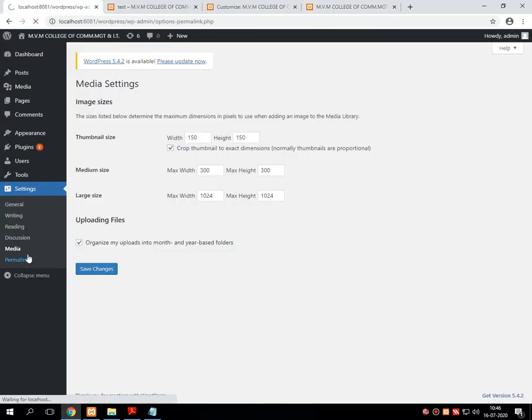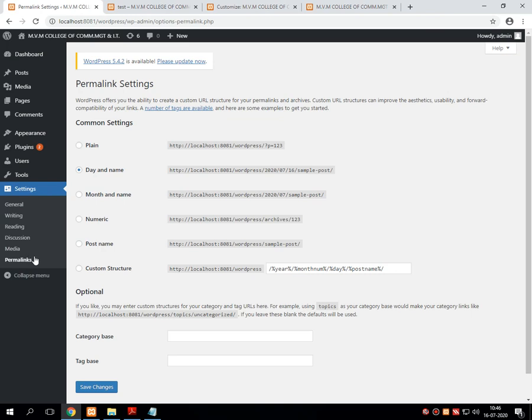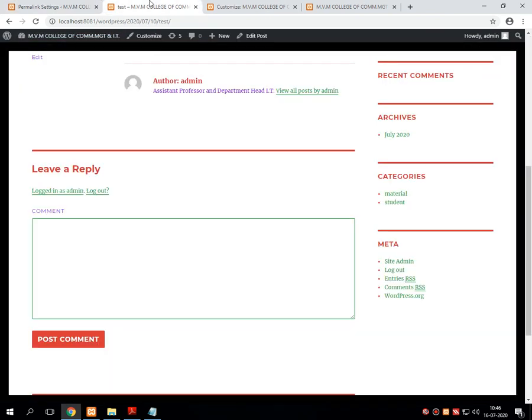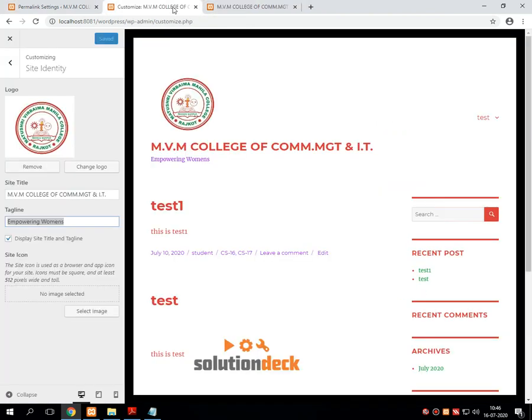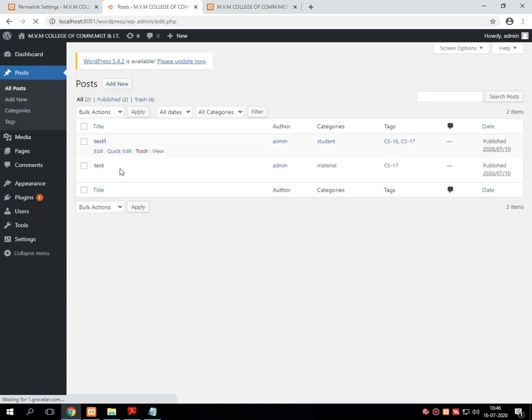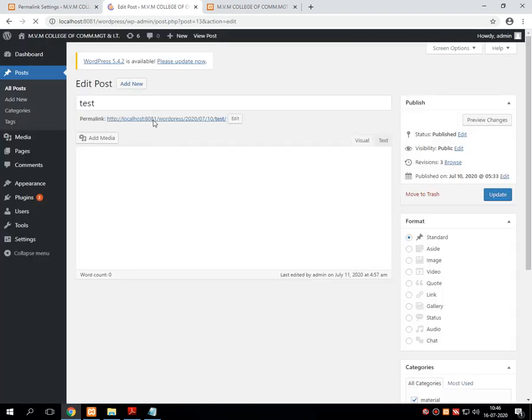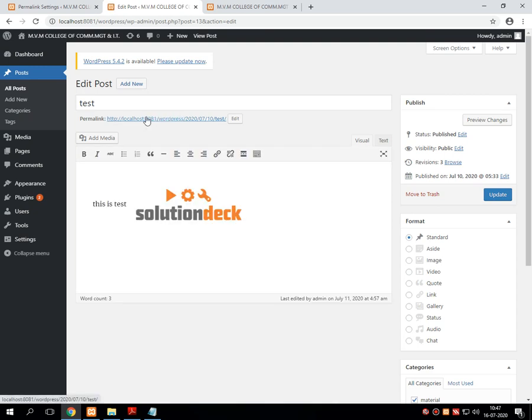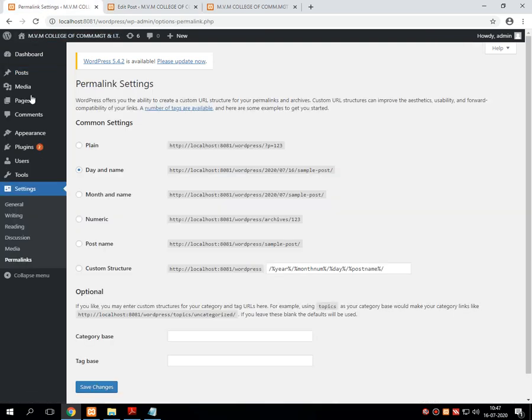Last one is related with the permalink. Permalink means, if you observe, whenever we have created a number of posts or pages, once the post or page gets created, automatically one link comes over here that is called permalink. That setting can be done over here.